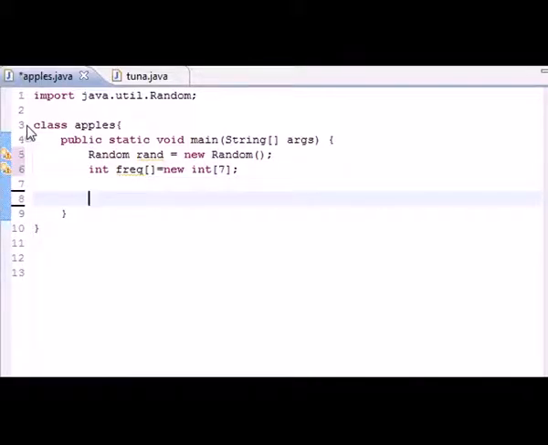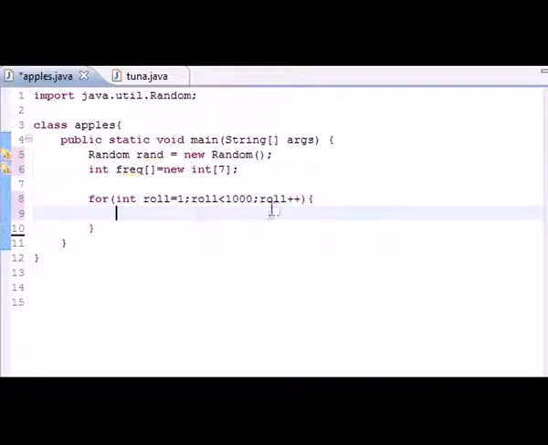So now we can go ahead and make a for loop to roll the die 1,000 times. Let's put for, int roll equals 1. We'll start at roll number 1, and if you want to roll 1,000 times, just go ahead and put 1,000, and of course increment it by 1. Again, this just loops 1,000 times. So you should know that, but what I want to teach you guys is this: